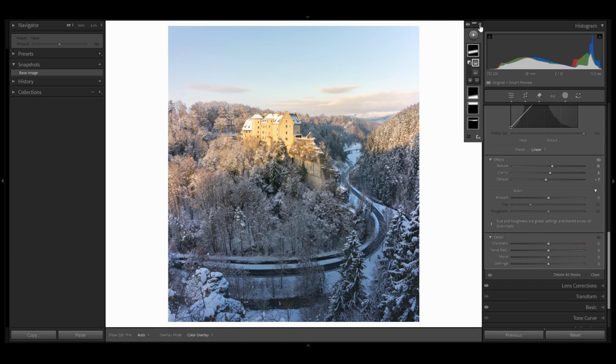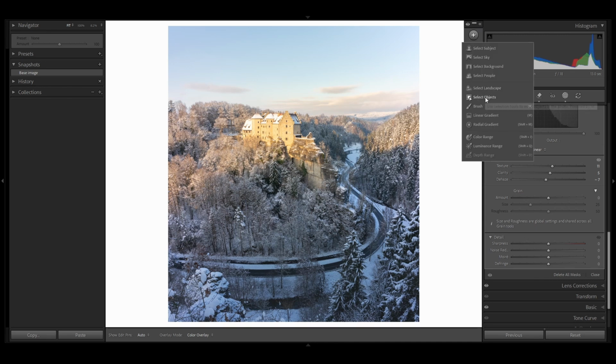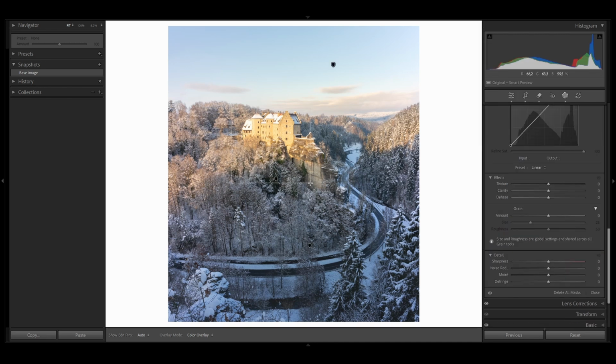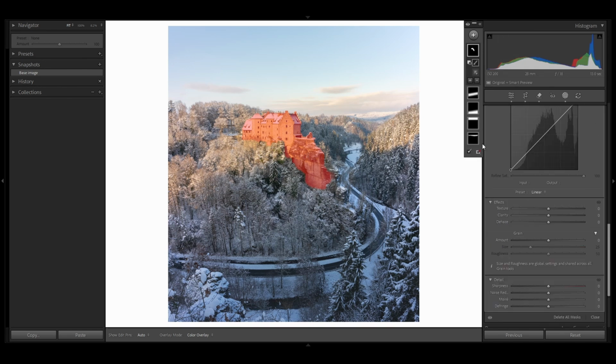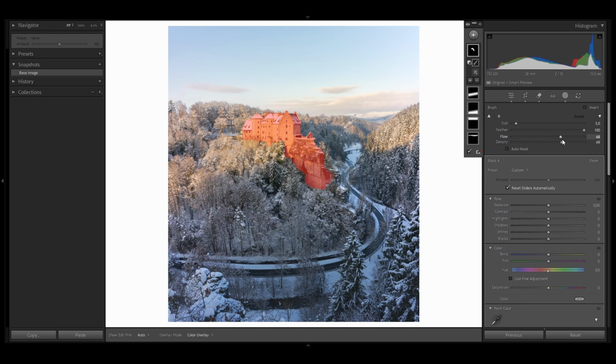All right, now I want to work on the castle, and selecting the castle will work best with a select objects mask. So let's use this mask, drag a big rectangle around the castle, and yeah, Lightroom is doing an okay job. However, we have some pretty harsh edges around the selection, so I want to soften that out a little bit by using a brush with reduced flow and density, and I just brush along this edge here a few times to soften the transition a little bit more. All right,